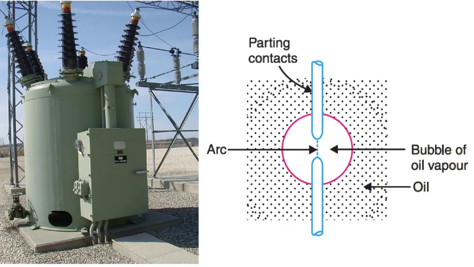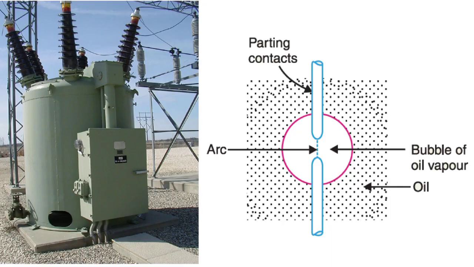An oil circuit breaker is a type of electrical circuit breaker that uses oil as a dielectric medium to quench the arc and provide insulation between the contacts. It is designed to interrupt electrical power circuits under normal and fault conditions, ensuring the safety and reliability of the electrical system. Oil circuit breakers have been widely used in power distribution systems for many years, particularly in medium and